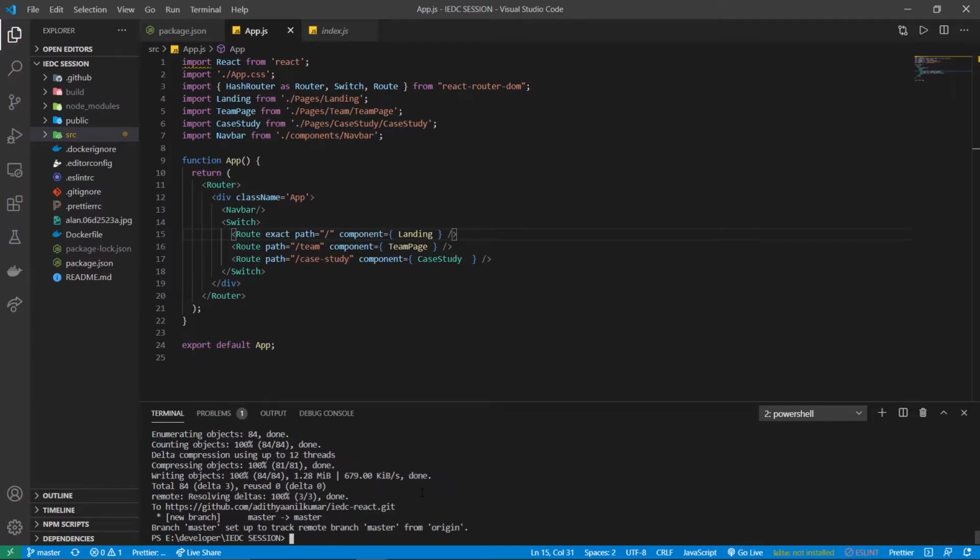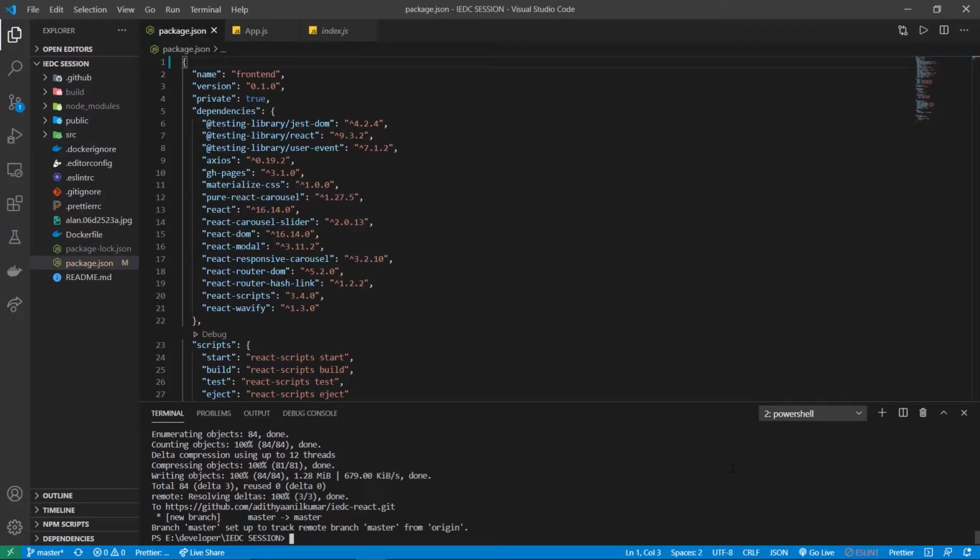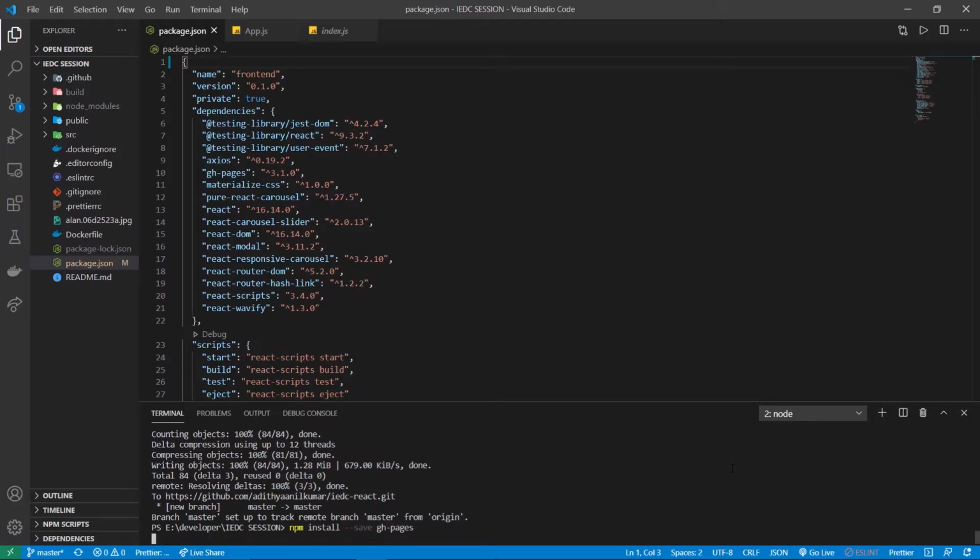Now, in order to deploy the React app on GitHub Pages, there are 3 things which you need to do. Firstly, you need to install a package called gh-pages. For that, type the command npm install --save gh-pages. It is going to take some time to install, so let's skip that. We see that the package is installed.